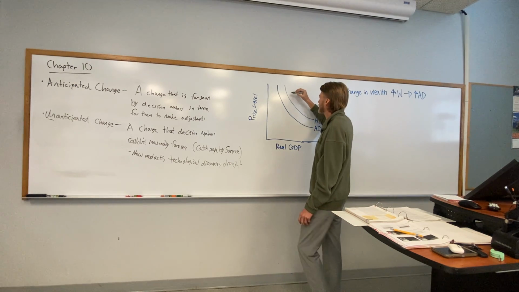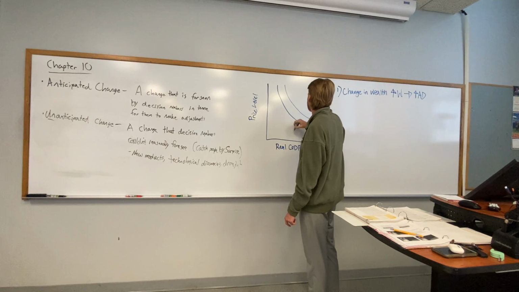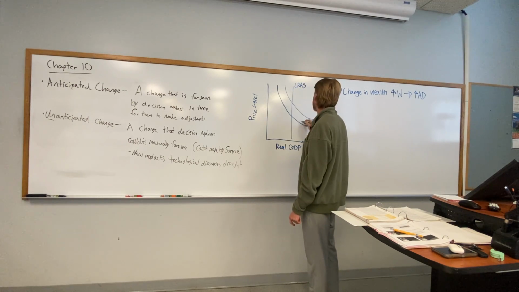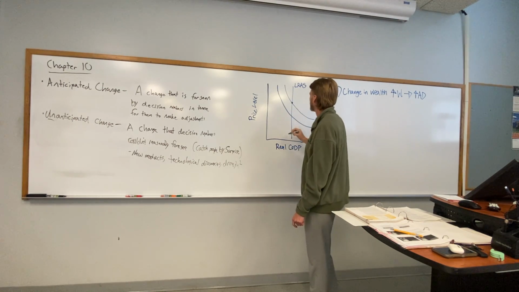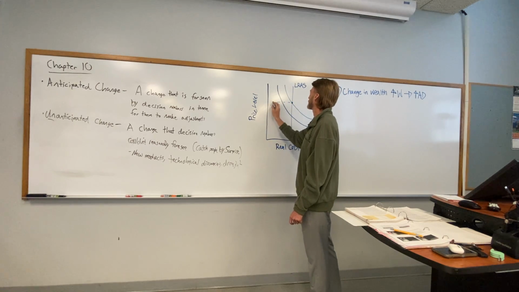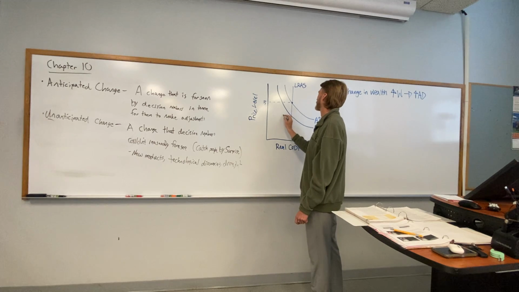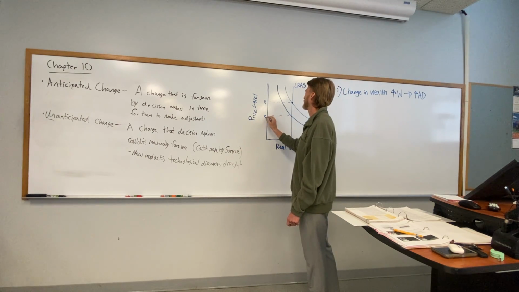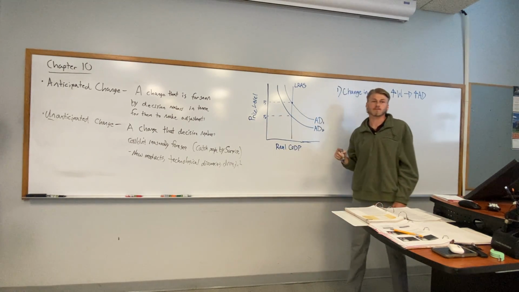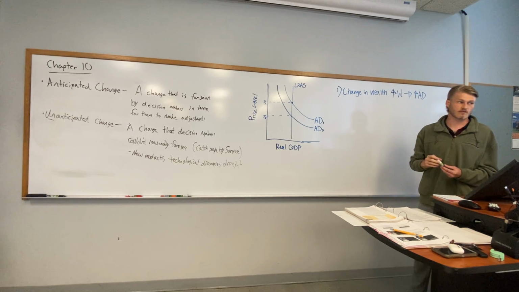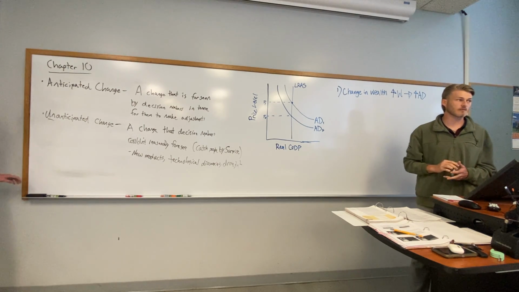And so if we had a price level, say our long run aggregate supply, which we'll get to in a little bit, is here. Our initial price level was here, what we're paying for whatever good that we have. And now our price level is down here, receiving the same amount of goods as before. Does that make sense to everyone so far? Any questions on this first factor that shifts our aggregate demand?